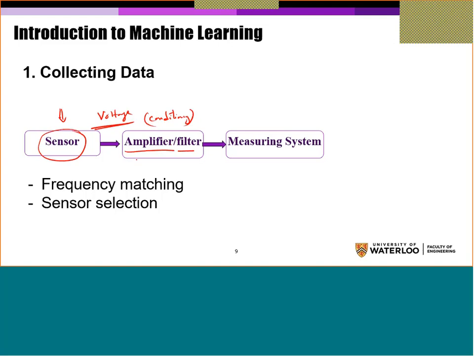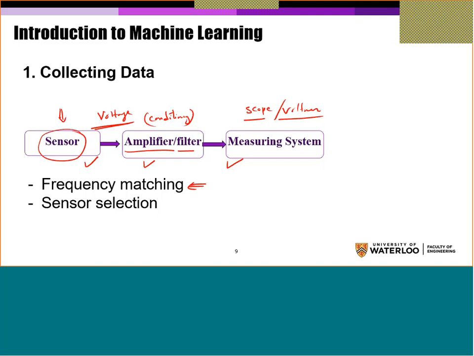Once I have the signal conditioned properly, then I have to show it. Then I have to have the measuring system. This could be a scope, for example, could be a voltmeter, could be any device that shows me the output voltage that comes out of my sensor. There is an important thing when I select the sensor, the amplifier, and the measuring system: the frequency matching